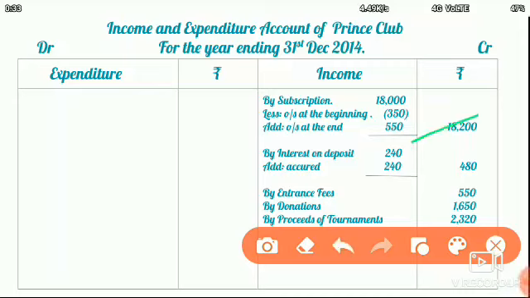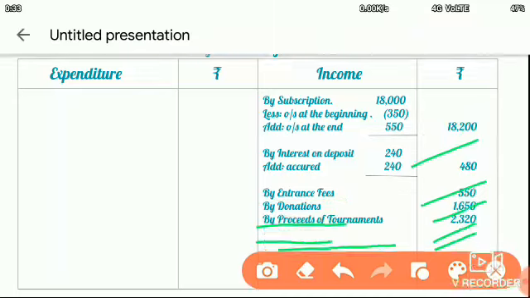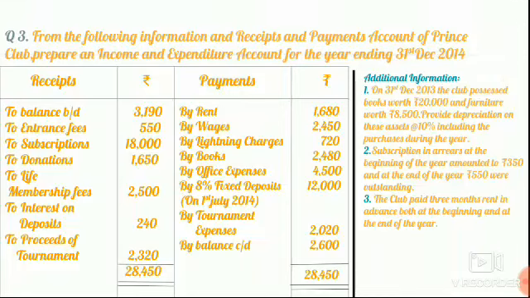Subscription is already entered, interest on deposit is already entered. Then we will enter entrance fees 550, then donations 1650, then proceeds of tournament 2320. So our income side is completed. Now we will